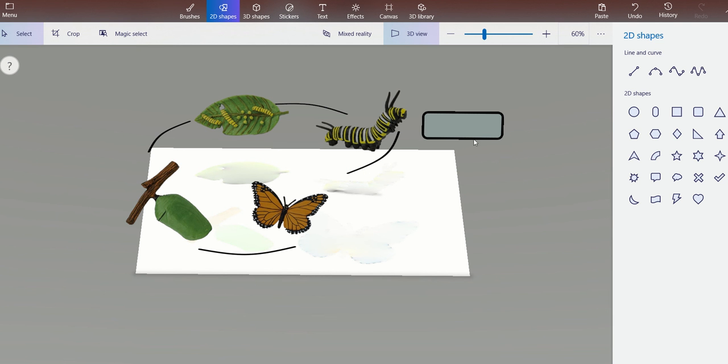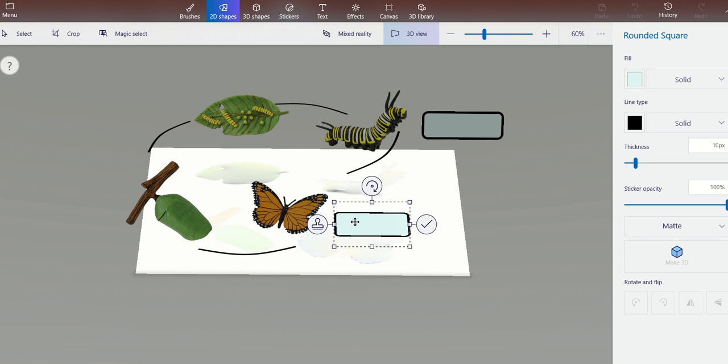Because in case this particular option is not fitting well, I can always go ahead, click on the 2D shape, and use the 2D shape over here as a tool. And again, if I need a solid fill, it's up to you. If you don't need it, you can go ahead and select none. It will convert it into a transparent option.